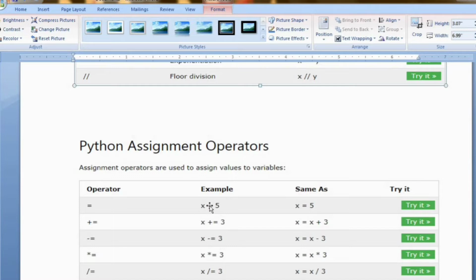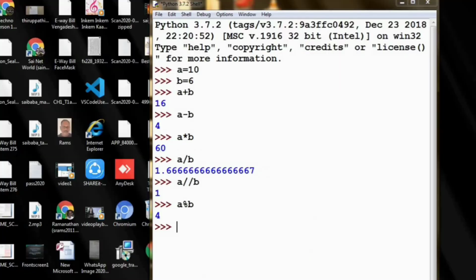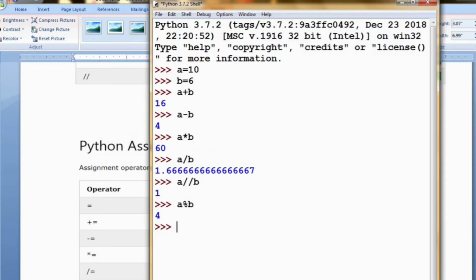First x is equal to 5, then the value 5 is assigned to this variable x. Next x plus equal to 3. This means x is equal to x plus 3. Suppose the initial value of x is 5, then x is equal to 5 plus 3. Instead of this, we are using this plus equal to assign the value to the variable x. You will be more clear when I code it.